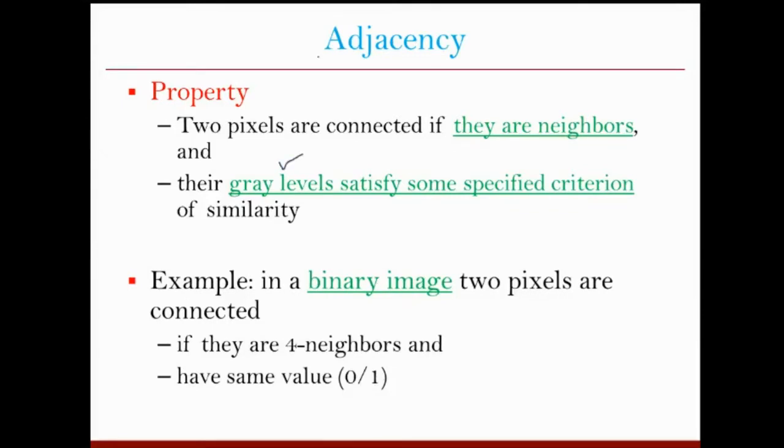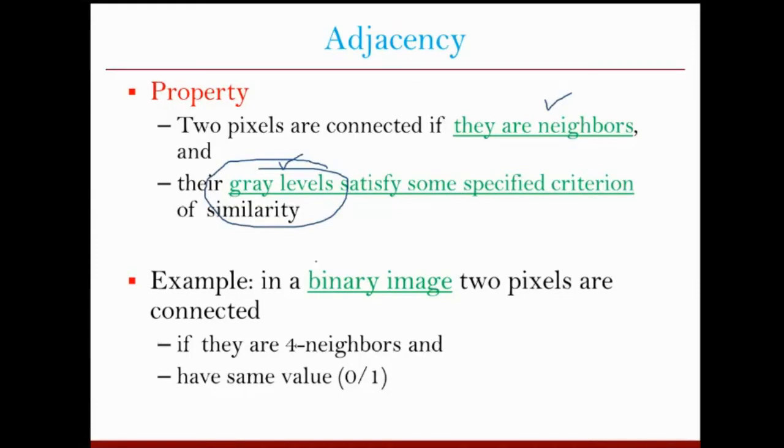And in adjacency, basically, we will not consider two pixels adjacent to each other, though they are neighbors to each other, if they have very different intensity. If they have only similar intensity, then only we will say that they are adjacent to each other. Otherwise, we will say that they are not adjacent to each other. So when we define adjacency, the two pixels for which we are defining the adjacency need to be first neighbors, because if they are not neighbors, then they cannot be adjacent. But along with being neighbors, they also need to satisfy a criteria for gray levels. Some intensity criteria, some brightness criteria, they should satisfy.